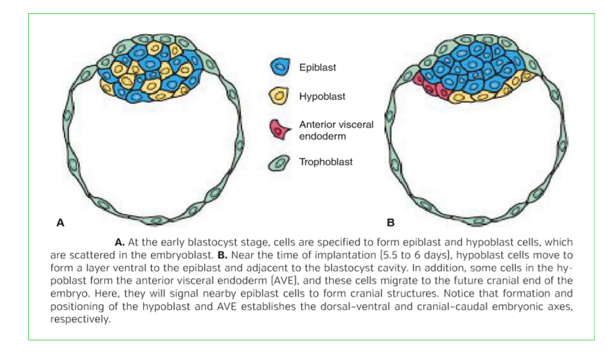So under the influence of these transcription factors, these cells arrange themselves into the state like you can see in the B part of the figure. Here the hypoblast cells have arranged themselves under the epiblast part, and the cells which are in the red color, we call anterior visceral endoderm. So these anterior visceral endoderm cells are part of the hypoblast, but they are present on the anterior side of the hypoblast under the epiblast, and these cells produce the leptin and serotonin transcription factor, under the influence of which this blue colored epiblast is going to form the anterior region of the embryo.